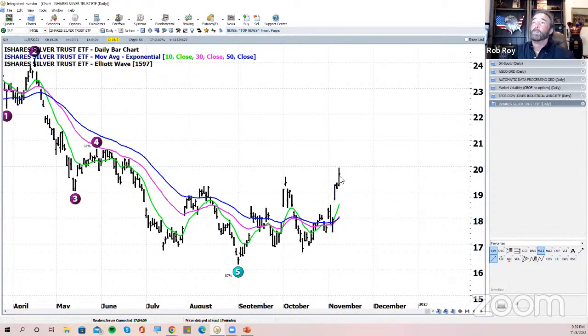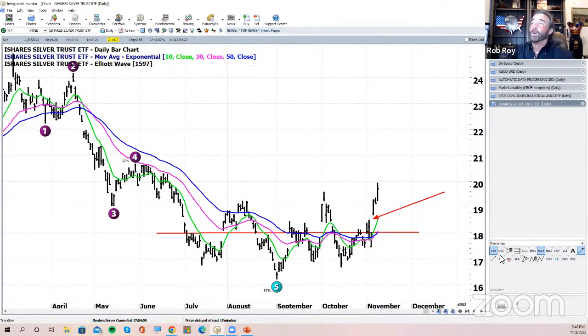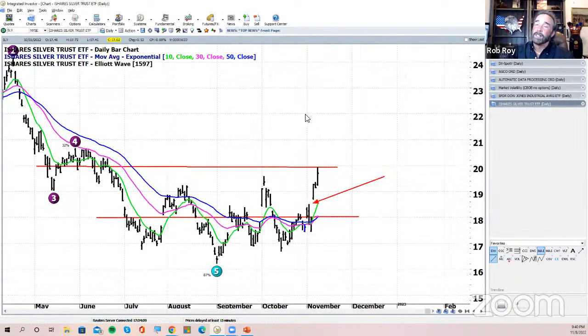Pretty darn impressive move higher there in the SLV, breaking above this level here at 18. And we are overbought again, significantly so, with a gap there. Frustrating that we have that gap. So we're at an area of pretty good resistance there, right at 20. We have a gap below. We're way overbought. I just don't see SLV going much higher from here either, not without a consolidation or a